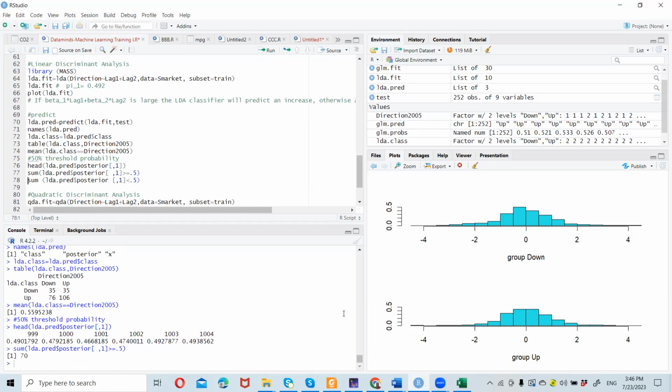We are talking about 50% now. We have a threshold of 50. And when we look at what has been provided,